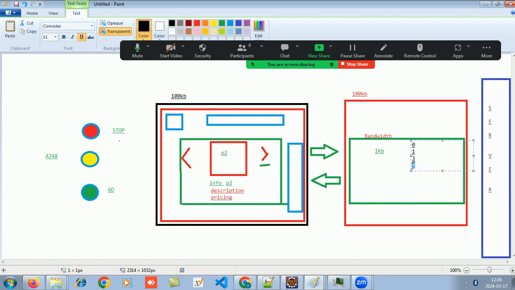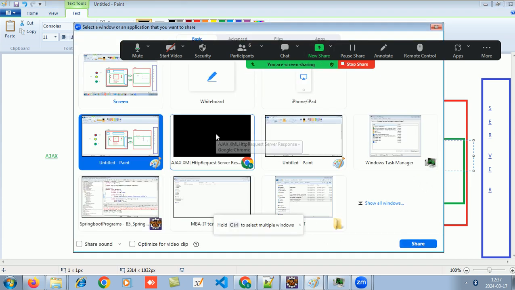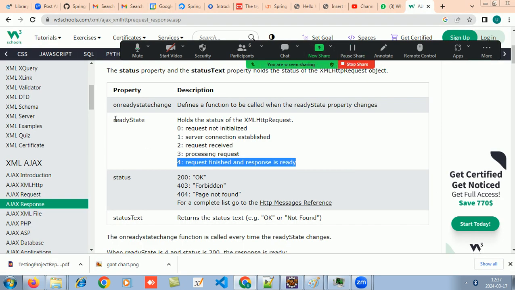So when this becomes 4 at that time, and let's say it has got all the information but the image which it was looking for is not found, so it has to wait for these two conditions to occur. So the ready state must be 4 and the status must be 200. If the status is 404, the page which you are looking for is not found, so the response will not be sent correctly. So on the server side, the ready state should be 4. 4 means,